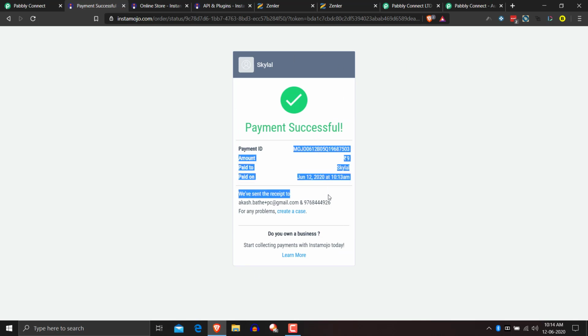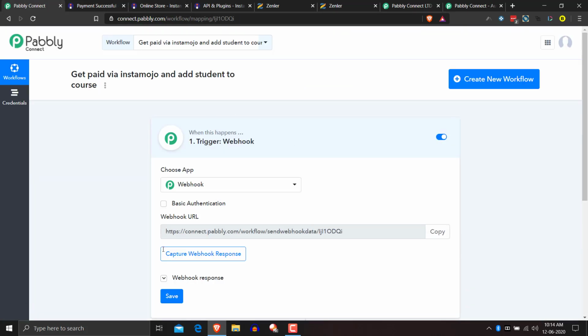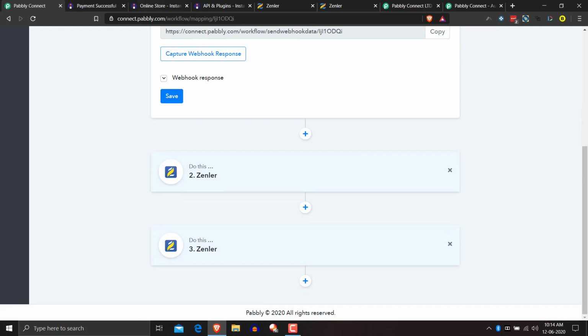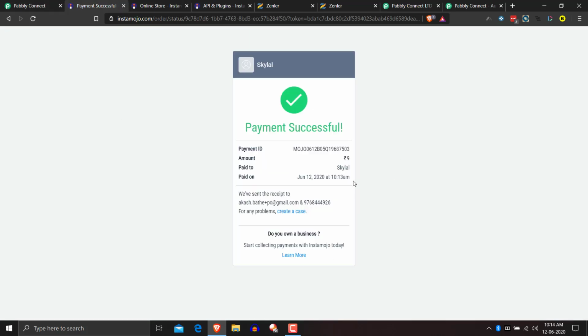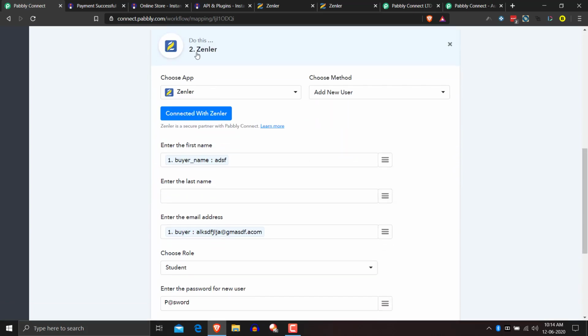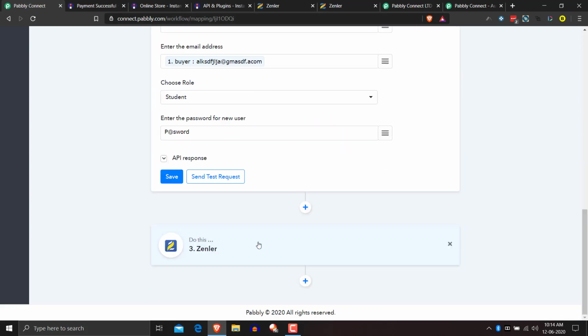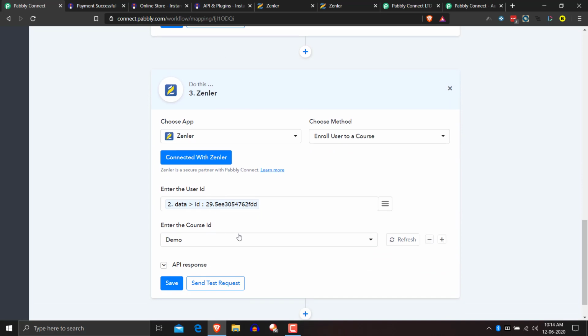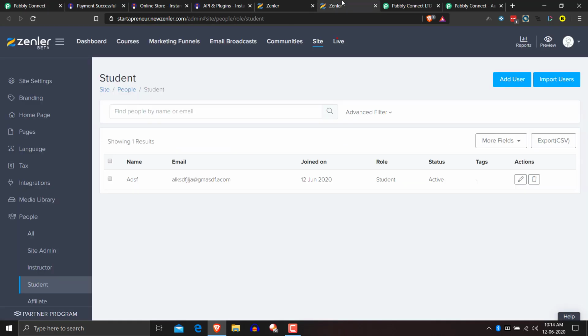I'm getting the payment ID and all, but behind the scenes this workflow will get triggered, and then the person who purchased this, in this case me, will be added to this Zenler site as a student, and also added to the Zenler course, which we'll verify by coming here.